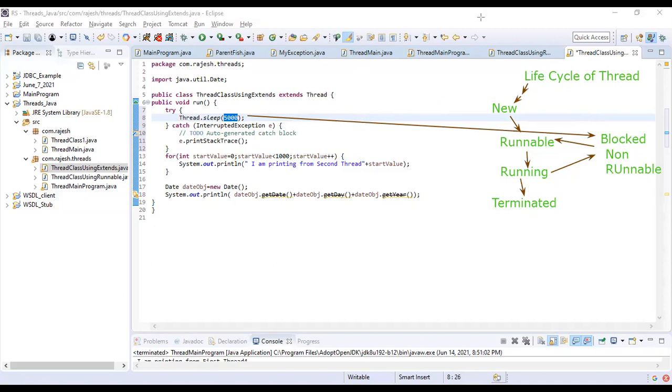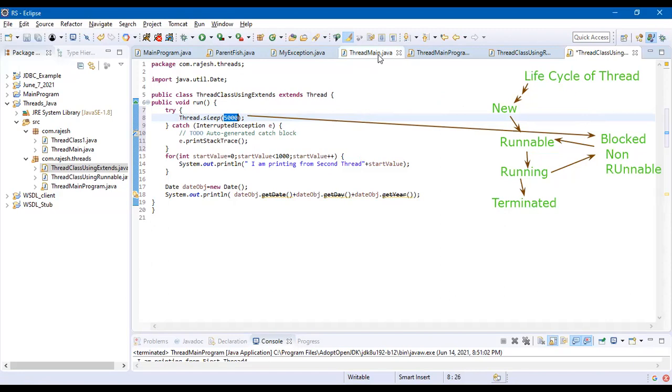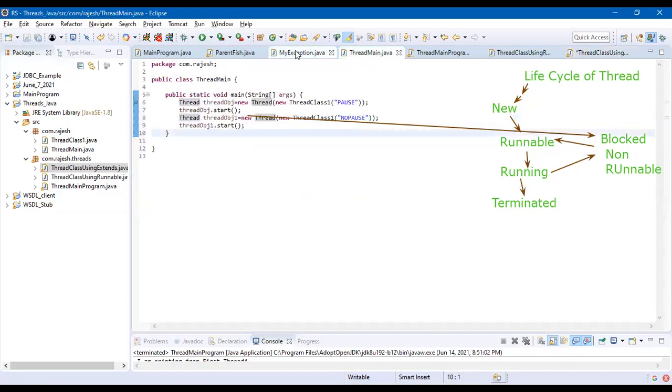Okay. So the new state is a state when the thread is created, but the thread is not yet called, like this case.